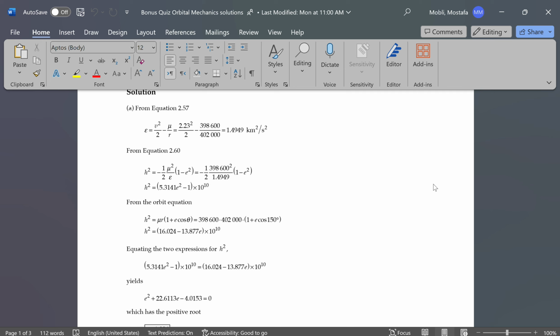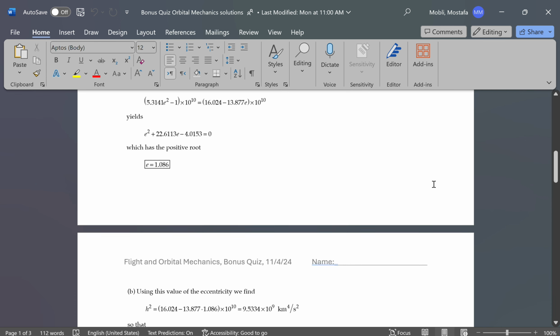We have theta, we have r for this specific point. A system of two unknowns and two equations is going to give you eccentricity and angular momentum. Does that make sense? Easy. Eccentricity we can calculate to be